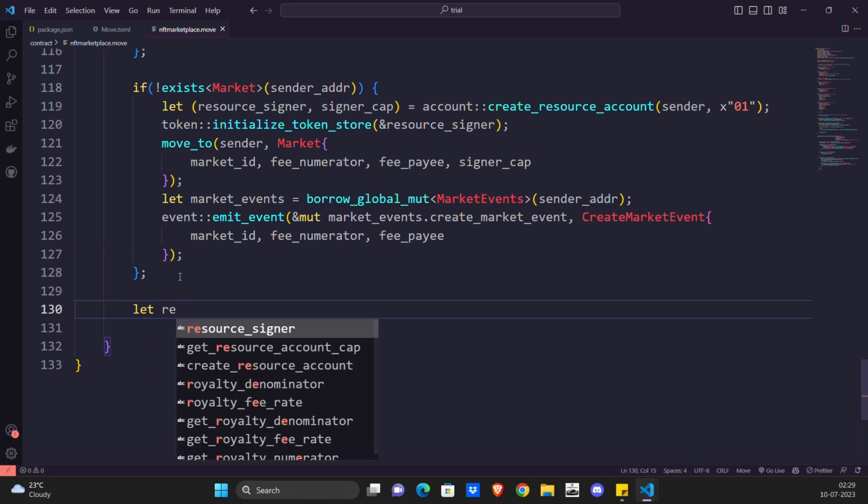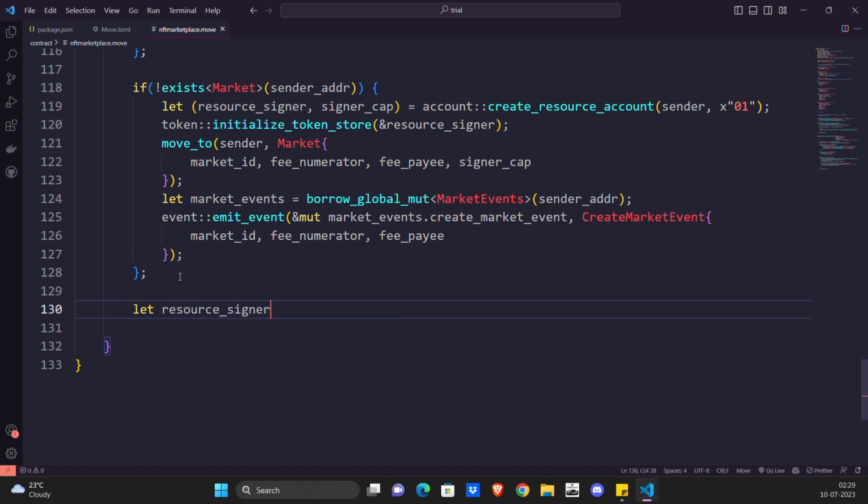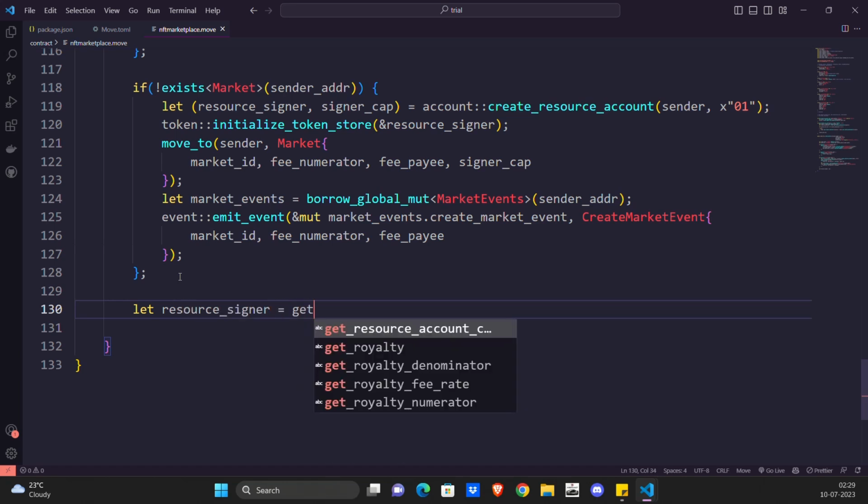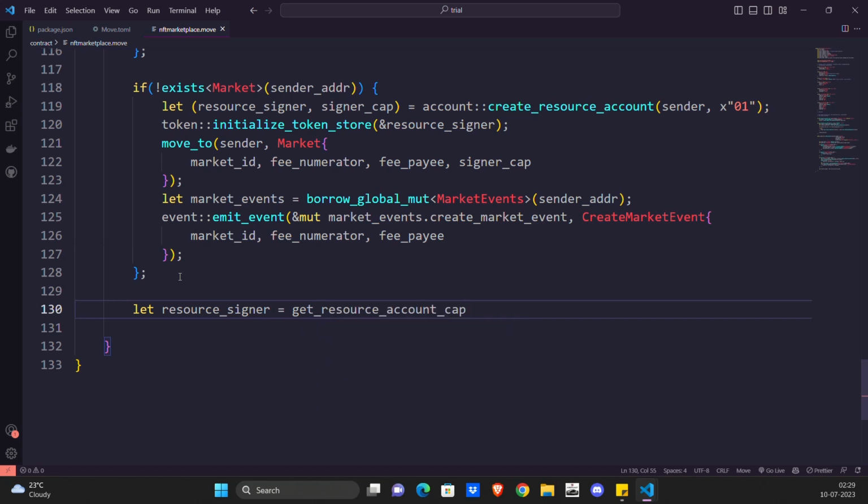Now we want to call the get resource account cap function. Why? To retrieve the resource signer associated with the sender address, and it will return the signer with the capability to access the market resources. First of all, let's write it. Let resource signer, what we want is get resource account cap from whom? Sender ADDR,